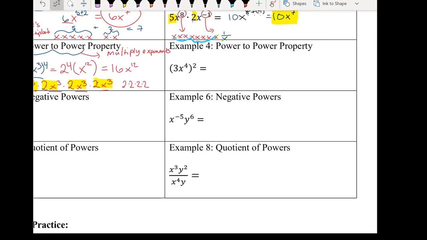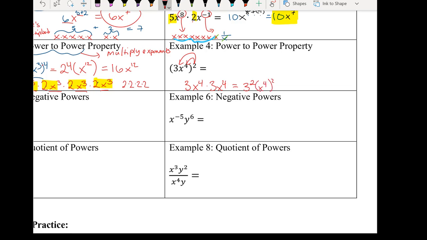Try out this example on your own. Again, try and pause this, think through it first. Then we'll come back together. So hopefully you've tried it. If I go right in, I see I have a power to a power. So I could expand it out as x to the 4th times x to the 4th. Basically, I see there's a 3 times 3, so 3 squared, and an x to the 4th